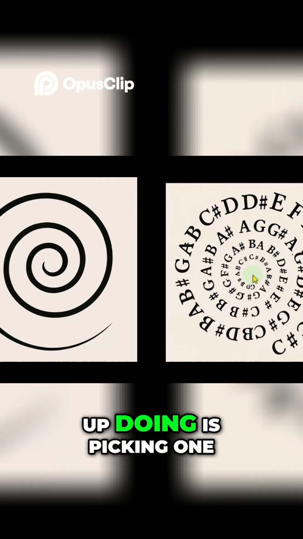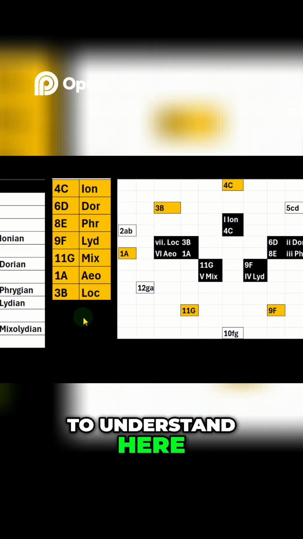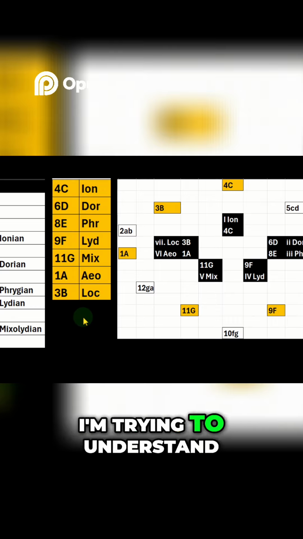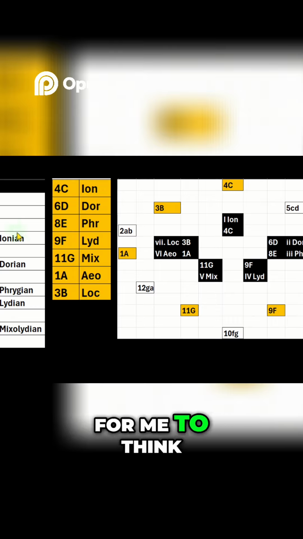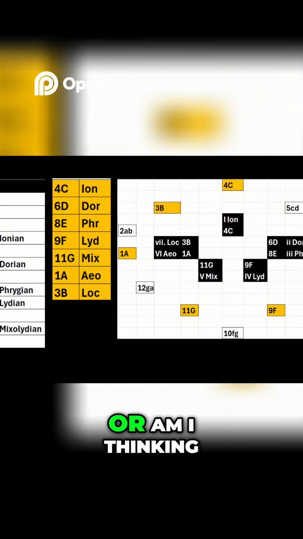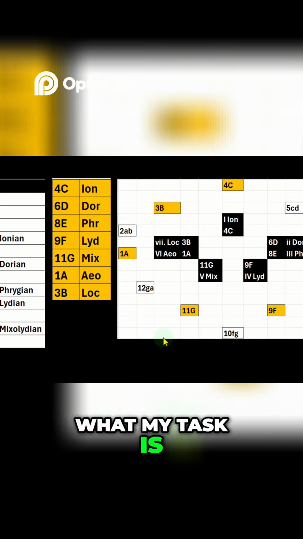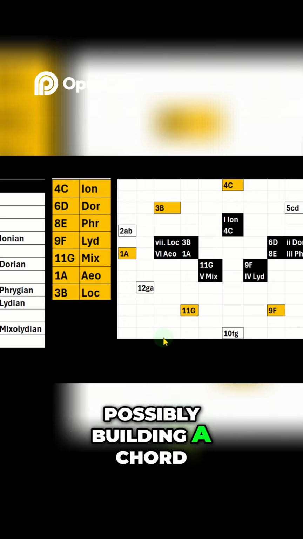So what we end up doing is picking one. We have to say, okay, well, what's my goal? What am I trying to understand here? And based on what I'm trying to understand, would it be better for me to think in a linear fashion so that I can possibly use, for example, math, which is one reason it would be best for us to actually add a number to the notes? Or am I thinking in a way where it would be easier, what my task is, whatever I'm doing, possibly building a chord or something,